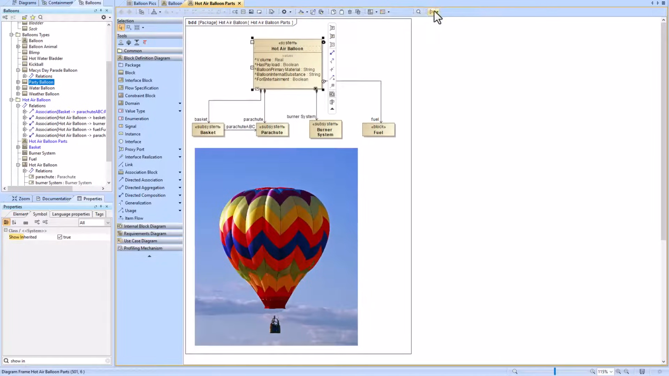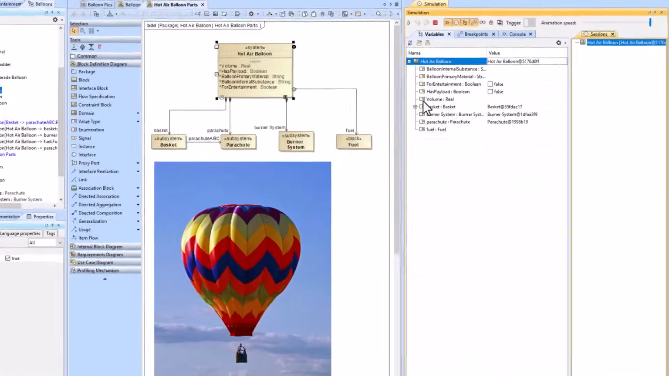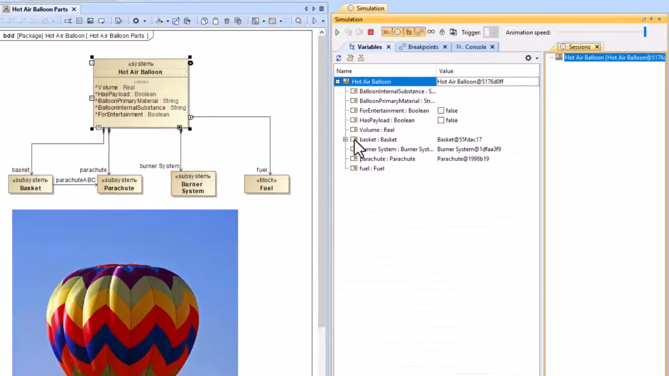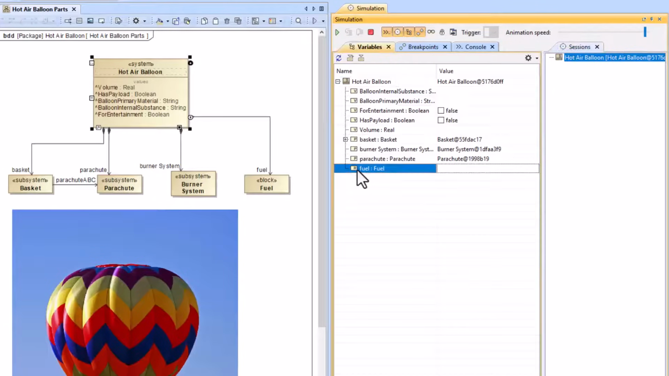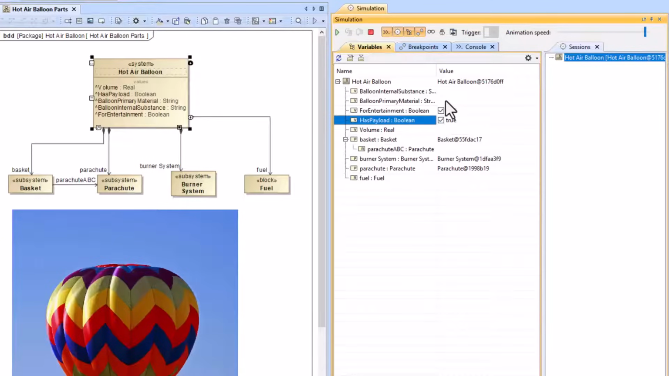So when I run this in simulation, you can see the different properties that we have under the hot air balloon. We have the value properties that you see with the V icon. You have the part properties that you see with the P icon and the R for reference property. And then you can expand that and you can see that parachute 1, 2, 3 is nested within the basket. So we haven't filled out any of these values, so we can do that as we please. Like